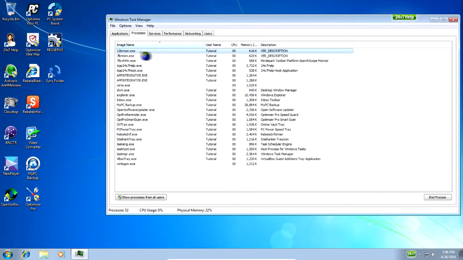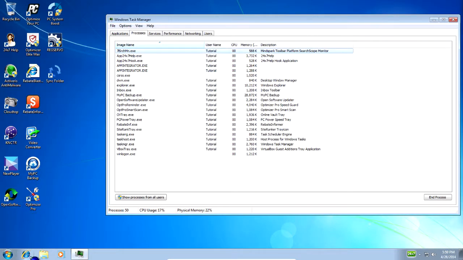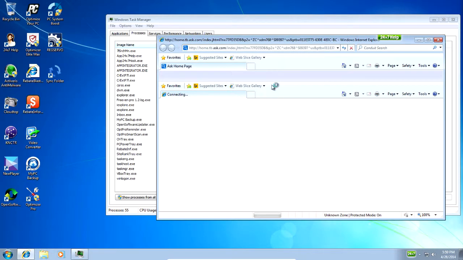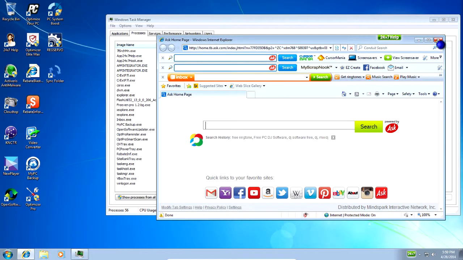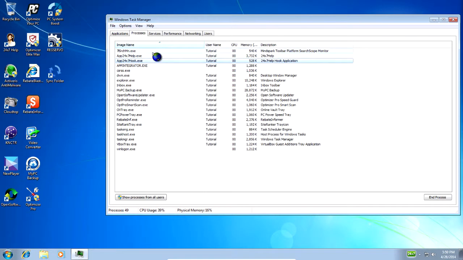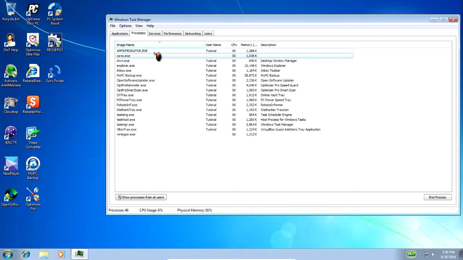For description, this is fake, so I'm just gonna end this. This is also fake. Another toolbar. Oh yeah, look at my Internet Explorer. Right here, 3 toolbars, a lot of that crap. See all this stuff starting up. So just wanna exit out as fast as you can, just press delete, enter,